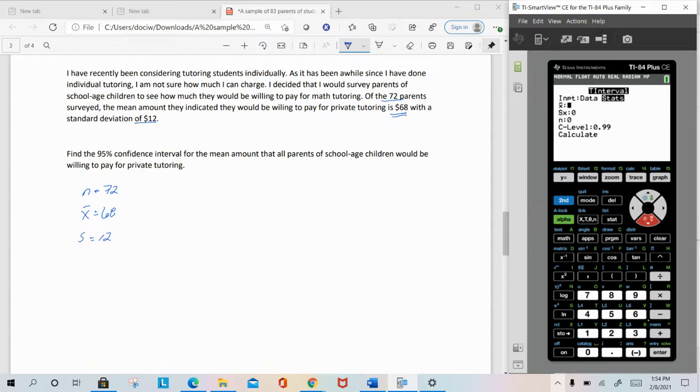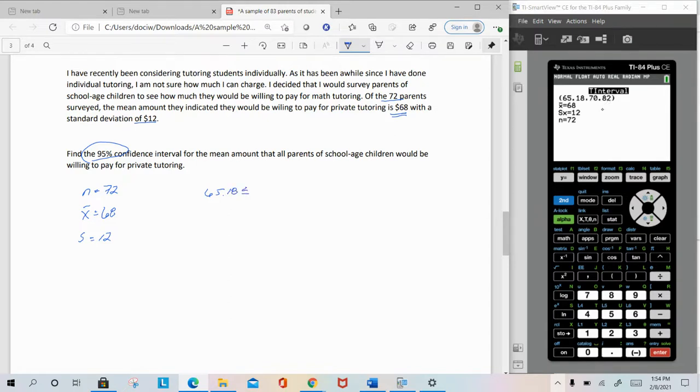So our X bar is 68. S is 12. In other words, our sample mean is 68, our sample standard deviation is 12, and N is 72 because we sampled 72 people. If I want to find a 95% confidence interval, our confidence level, our C level, would be 0.95. So always be sure to check your confidence level is set correctly, and then calculate. And notice that we have an interval from 65.18 to